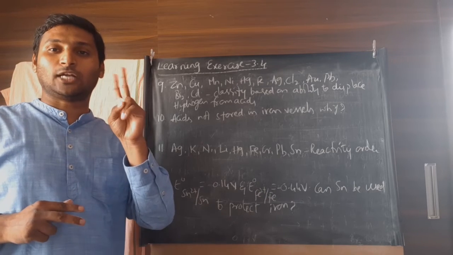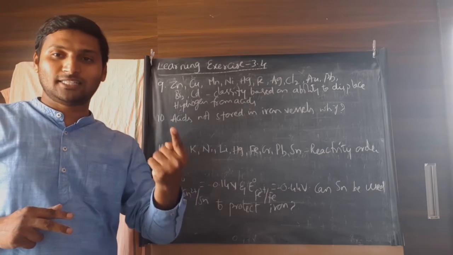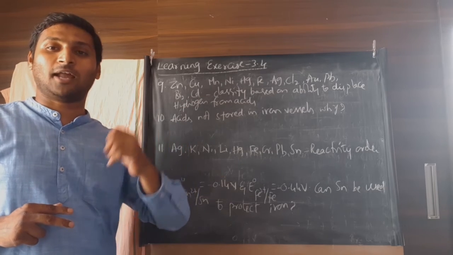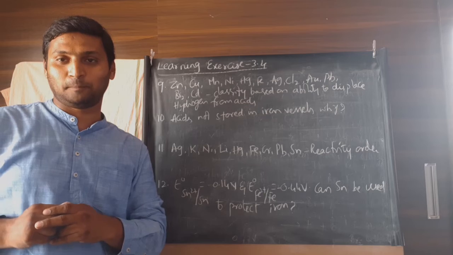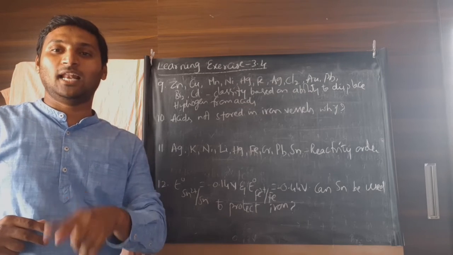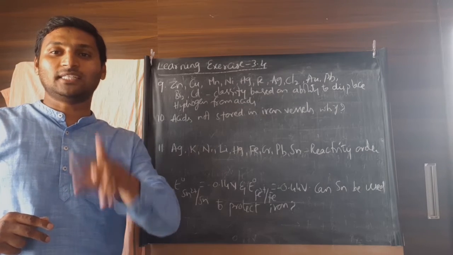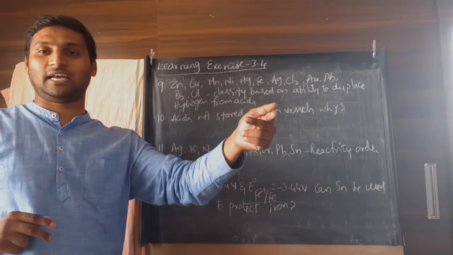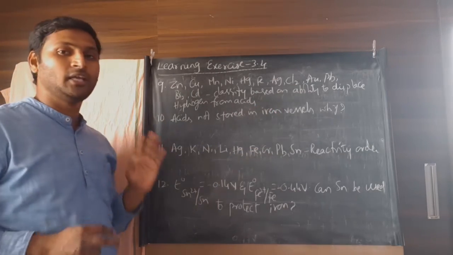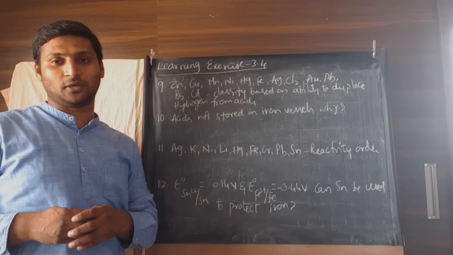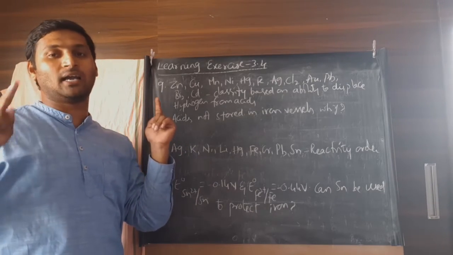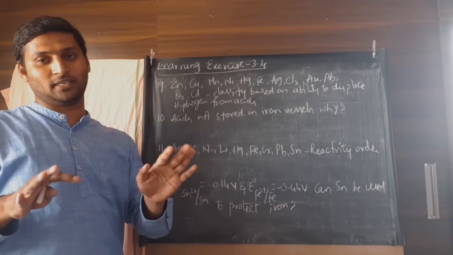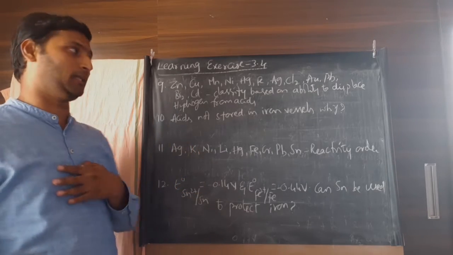I told you there are two meanings for reactivity. For metals it is electropositive character, for non-metals it is electronegative character, but you know hydrogen is an exception. Though it is a non-metal, it is electropositive. That's why its reactivity is compared with electropositive character. And that way, you keep the electrochemical series in your hands. But what I am going to do is tick mark those elements which can displace. Automatically the other ones cannot.